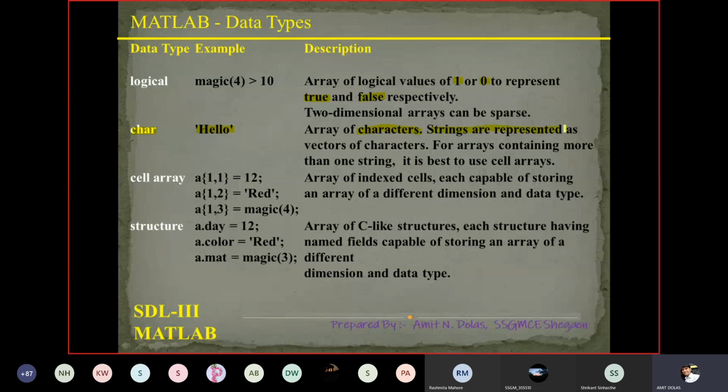Strings are represented as a vector of characters. For an array containing more than one string, cell arrays are used. It is called cell arrays. Then what are cell arrays? I'll show you an example again.